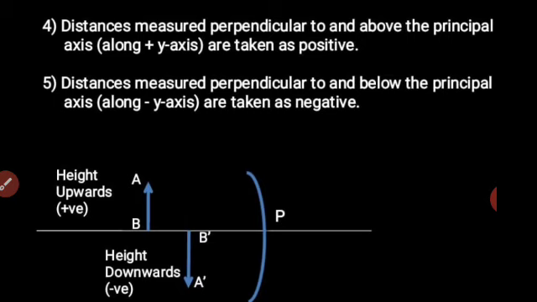So that negative sign has got a significance, and looking at the value we can tell whether the image is formed above the axis or below the axis. This is the importance of sign convention in case of mirrors. This we shall use when we will be solving the numericals, and we will keep a note while we draw the ray diagrams as well.